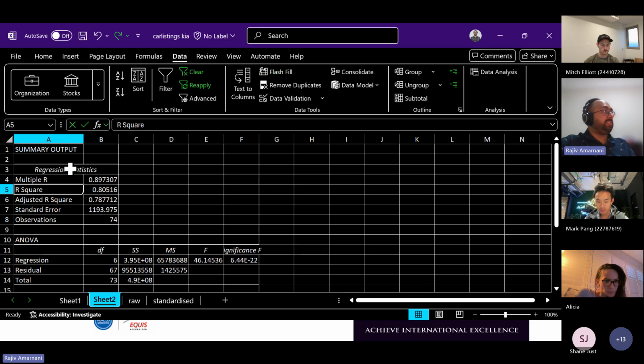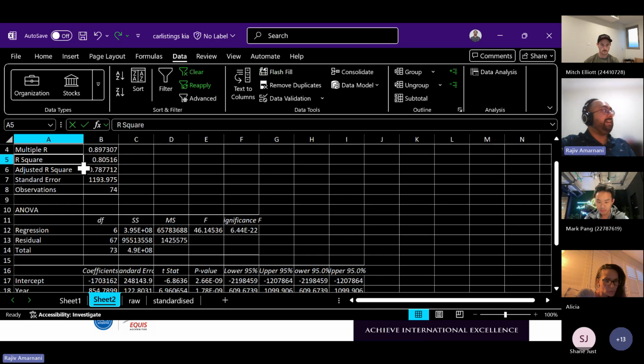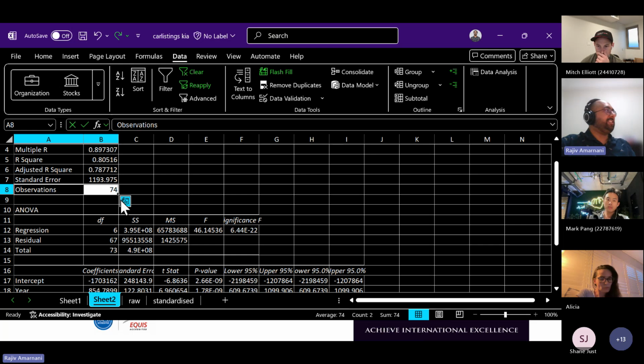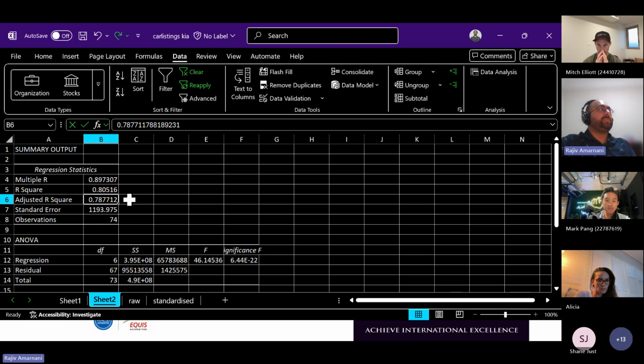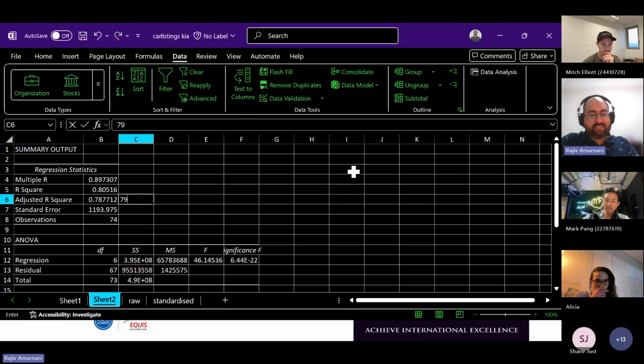So let's start from the top and take a look. What is of note here? The number of observations is 74. That's correct. There are 74. This is always worth checking to see if there are any issues in just the sample size that's supposed to be there. The adjusted R square is 79%. So we would interpret this as saying that our predictors account for